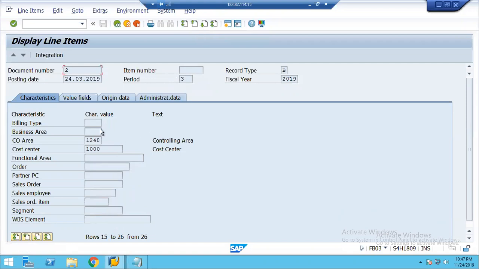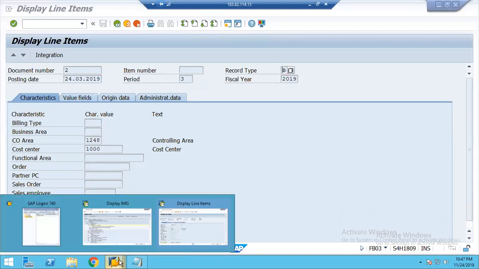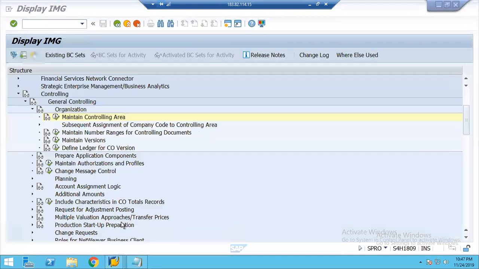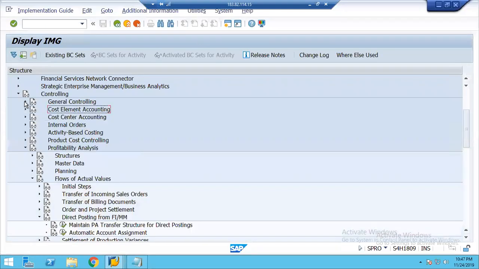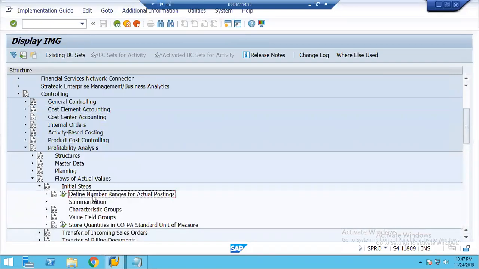Okay, now go to value field. This is our document number, posting date. Now here you see record type of B. Why B? Because we have done something on this. So I'm minimizing it, going back to the initial steps, define number ranges for actual postings. This is the one what we have seen, IMG, controlling, profitability analysis, flow of actual values, initial step, and define number ranges for actual postings,